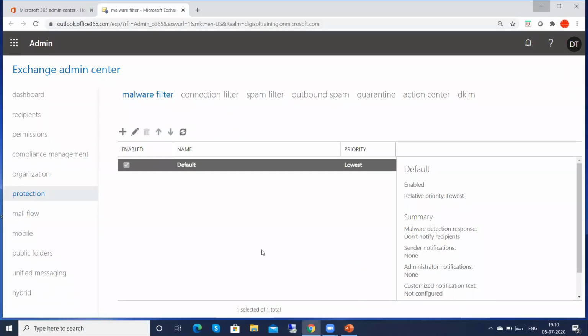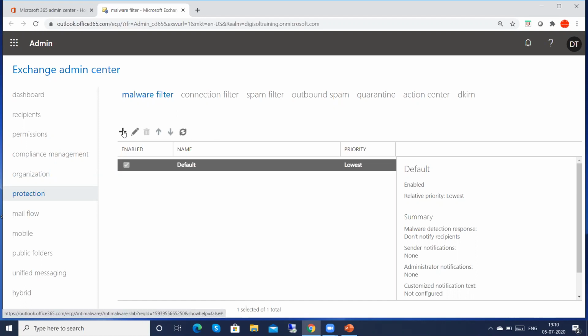Okay, this is the Office 365 admin portal, Exchange Admin Center, basically where we can manage our configuration settings, creation of mailbox, all these things. So the base is Exchange Admin Center. Underneath there is a protection tab. Then you'll see the malware filter. So either we can create a new malware filter or we can utilize the existing default filter. So here I will create the new one.